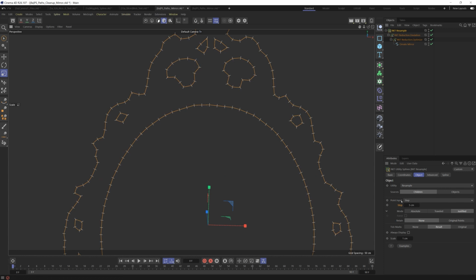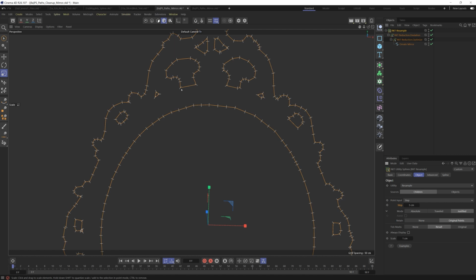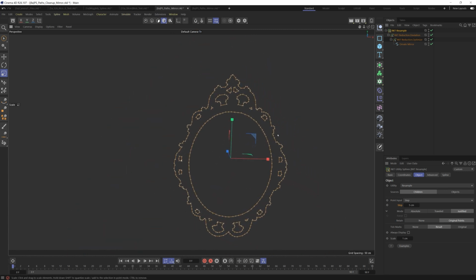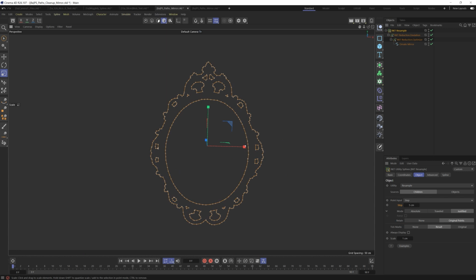And if we just do the simple step, you're going to see that it's getting rid of a lot of their detail. But if I say keep those original points, those came back again. And now we just are getting even subdivisions between where those used to be. So this puts us in a really good state. It's already looking way better and way more controllable, but we can make this super controllable with the last tool